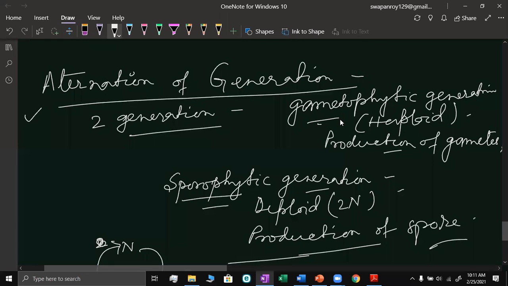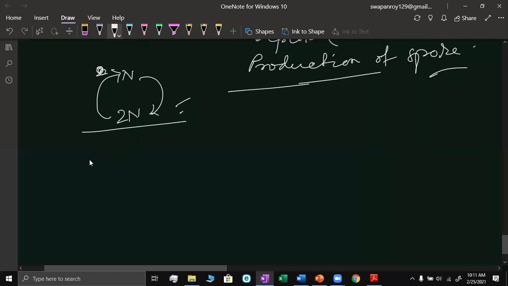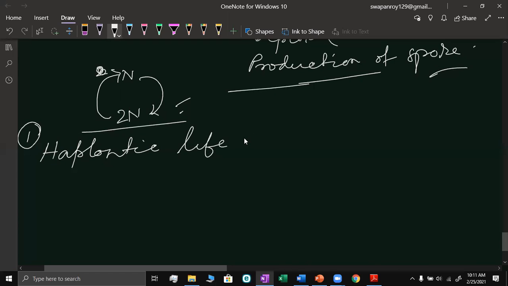Based on that, whether the sporophytic generation is prominent or the gametophytic generation is prominent, the plant life cycle or alternation of generation can be divided initially into three main types. One is called haplontic life cycle,